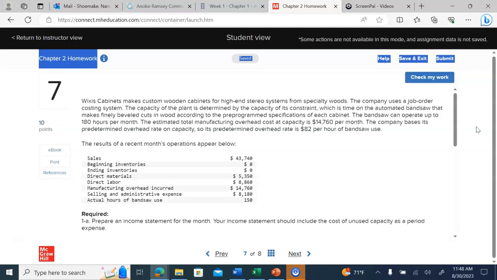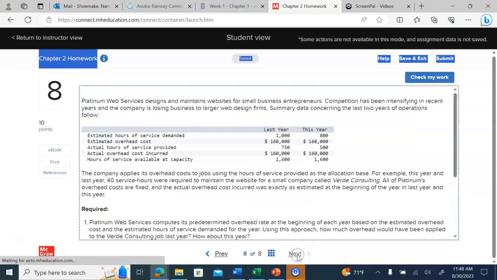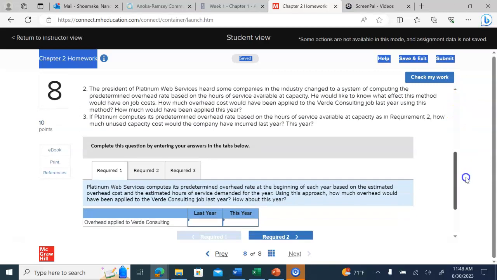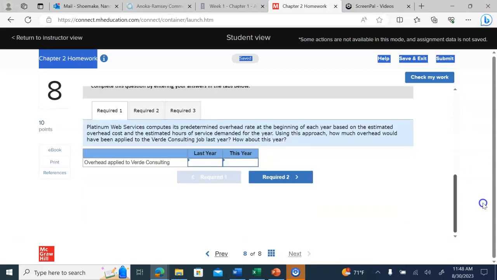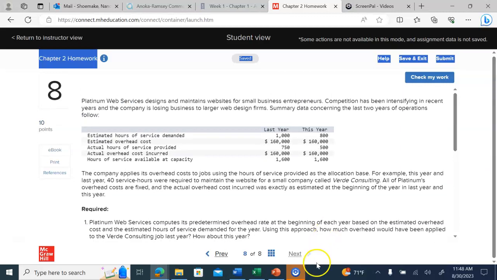Prepare income statement. Attempt to do that one. If you need help, I can work with you guys. Okay, guys, that does it for this